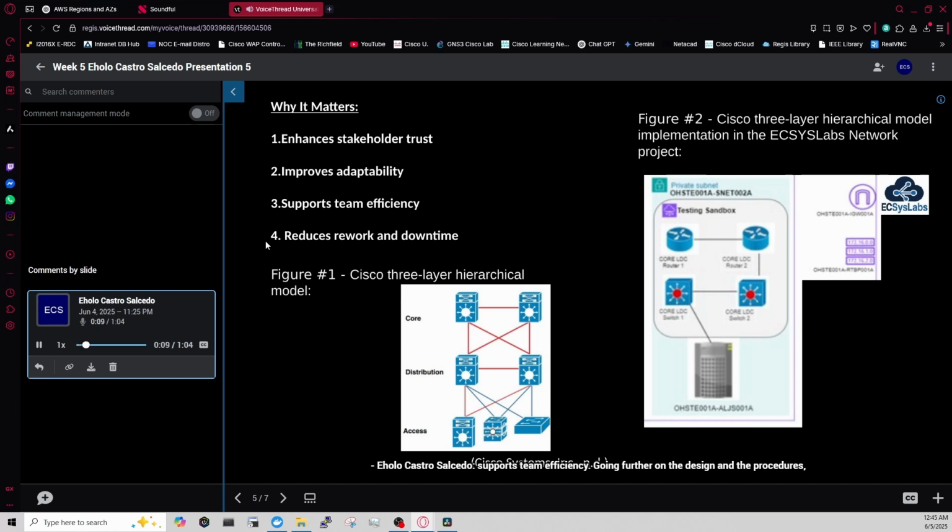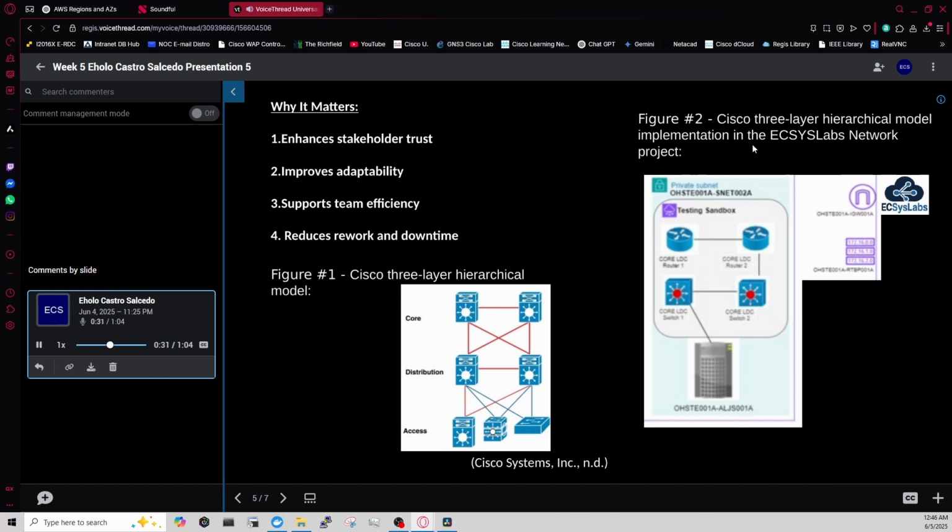Going further on the design and the procedures, we can see figure number 1 and number 2. Number 1 is a Cisco three-layer hierarchical model that serves as a base for building networks, in this case a reliable design. Figure number 2 is the implementation.